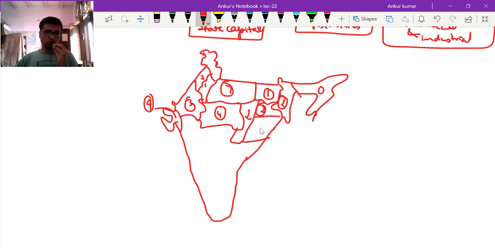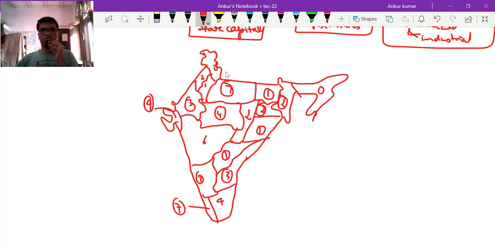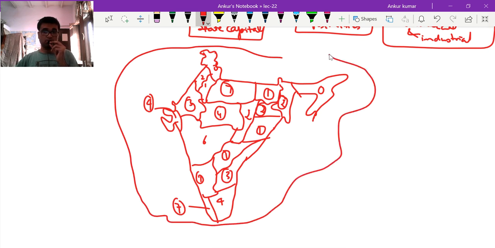In Odisha, only 1 metropolitan city. In Maharashtra, there are 6 metropolitan cities. This is Karnataka, 1 metropolitan city. Most surprising is Kerala. There are 7 metropolitan cities in Kerala. This is Tamil Nadu, 4 metropolitan cities. And here Andhra Pradesh, 3 metropolitan cities. Telangana, 1 metropolitan city. And here, 0 metropolitan cities. This is the metropolization of India, that the number of metropolitan cities is different in different states.